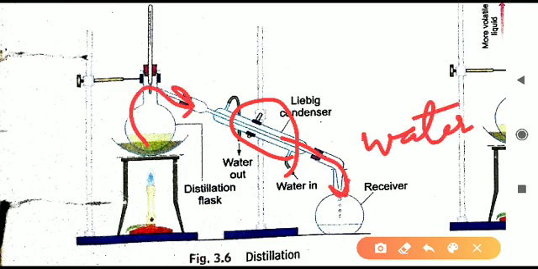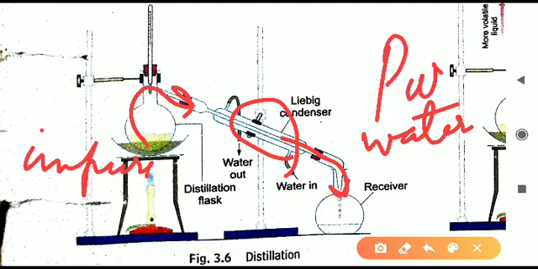Now what has come from there? That was impure water. On this side, impure water was there, but what we are getting on the right side is pure water, because only the water molecules are able to evaporate. Evaporation happens when we heat. So evaporation will be done only and only of the water molecules. In the water, many impurities and many pollutants are there. In our example, in this mixture, we have taken sand and water, or if we have taken salt and water, then salt or sand will not evaporate. It will remain in that same flask. It will not be able to come forward.